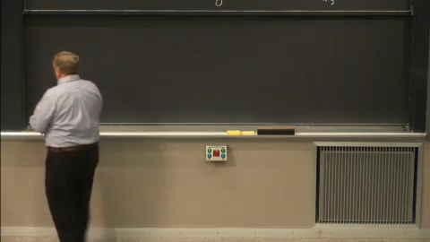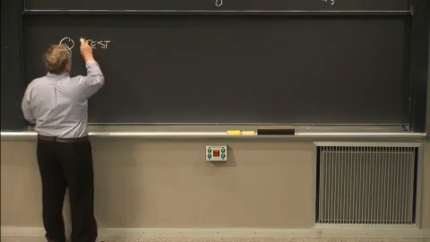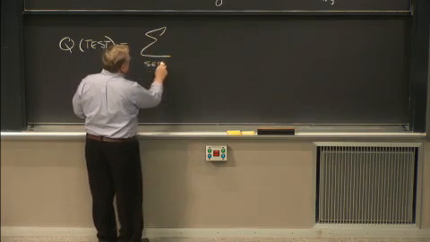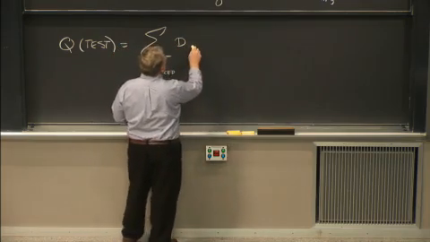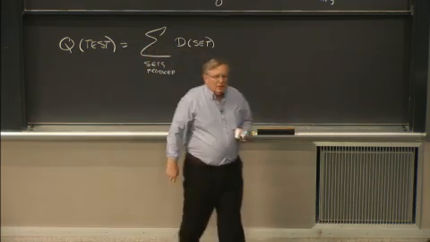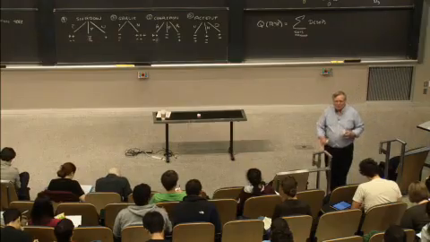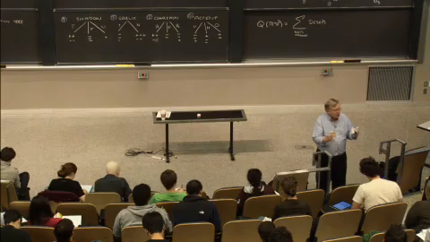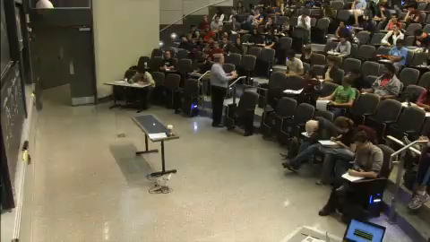So you can say that we'll call it the quality of a test is equal to some sum over the sets produced. And what we're going to do is we're going to add up the disorder of each of those sets. And we're almost home, except that this means that we're going to give equal weight to a branch that has almost nothing down it, as we do to a branch that has almost everything going down it. So that doesn't seem to make sense.